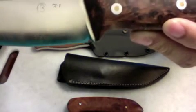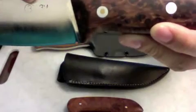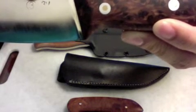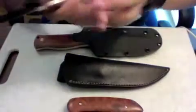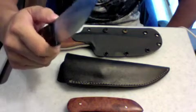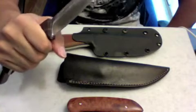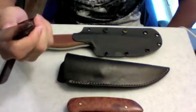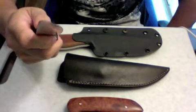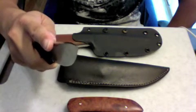But anyway, and this is his logo, by the way. A circle, a full circle with a 3 inside. Okay, that's his company logo. So Chris uses 3V steel mainly, and 3V steel is known to be a very tough, strong steel. So it can take very lean grinds, very fine grinds, whatever you call it, because of the property of